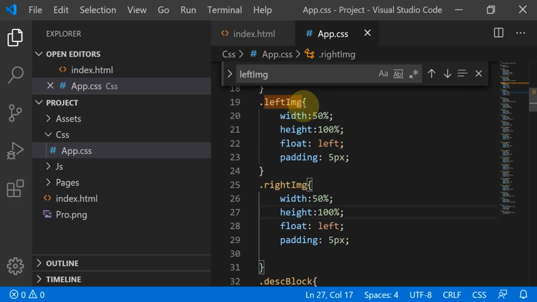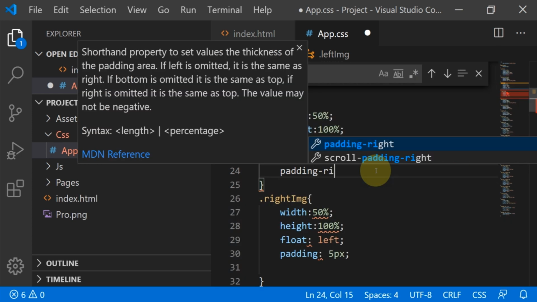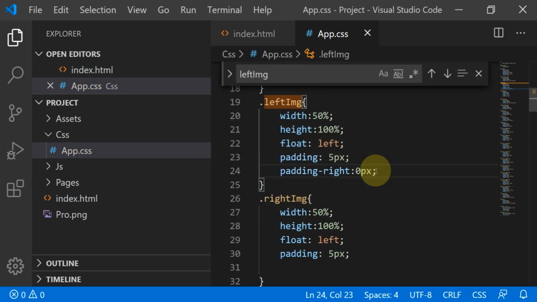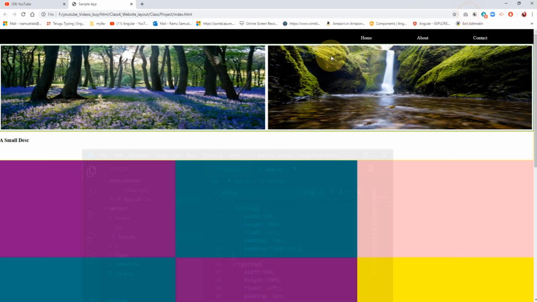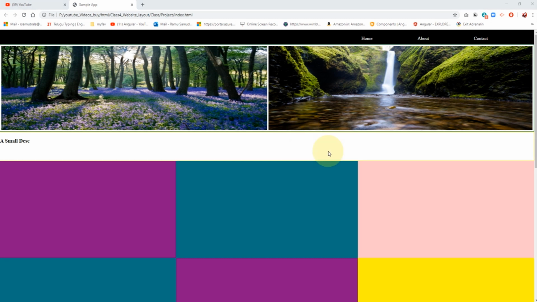So for the left image, padding-right 0 pixel I'm giving. Fine. Then it will remove the right side padding of 5 pixel and assign 0 pixel. So now equal space is maintained, right?